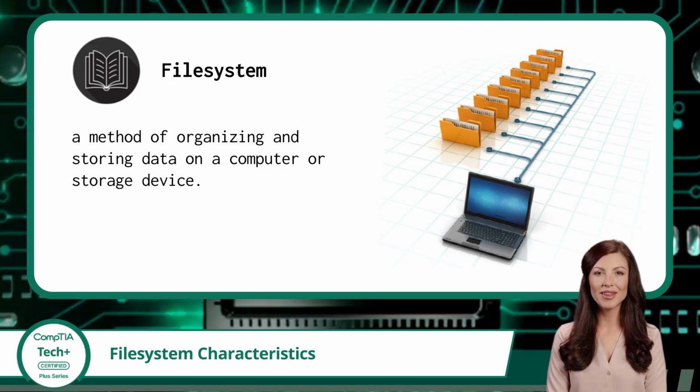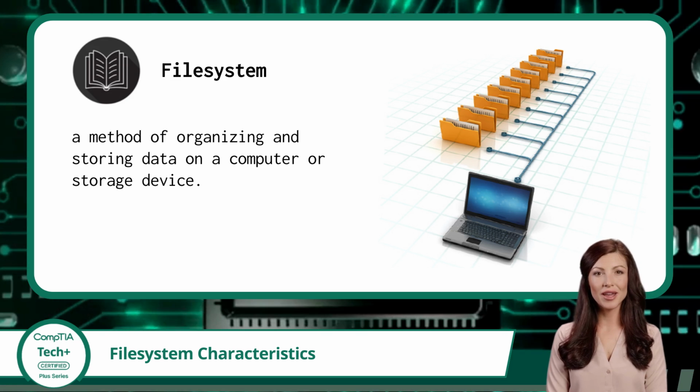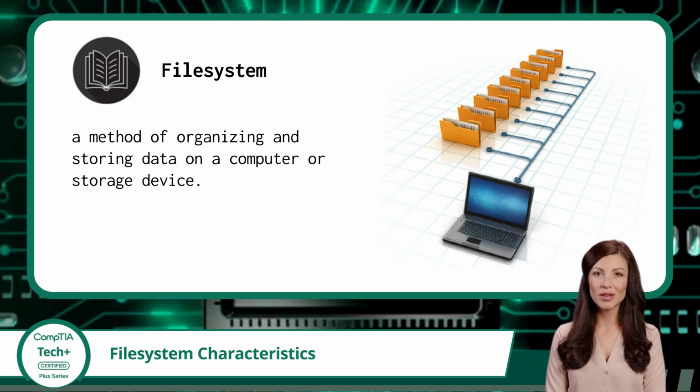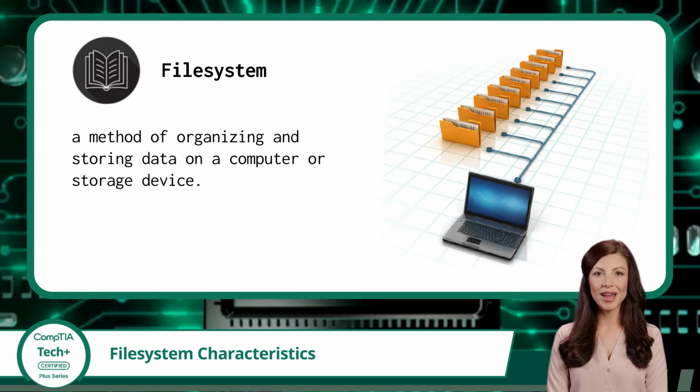To help visualize this, think of a file system as a digital filing cabinet. Just like you might organize paper documents into folders inside a physical cabinet, a file system keeps your digital data organized in a way that makes sense to both you and the system. It keeps everything neat, searchable, and accessible, so you can find what you need quickly and keep your data from